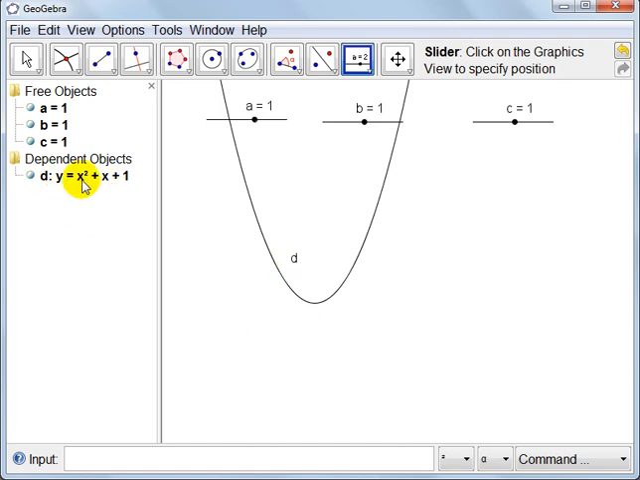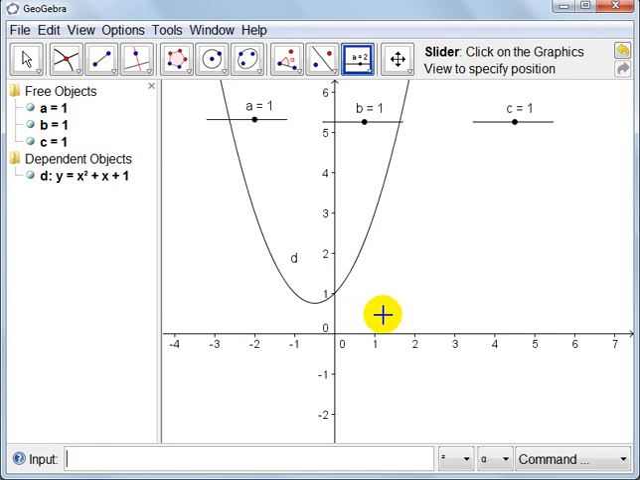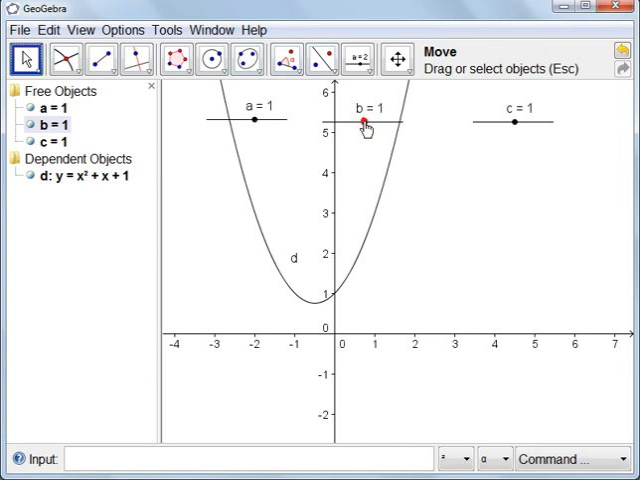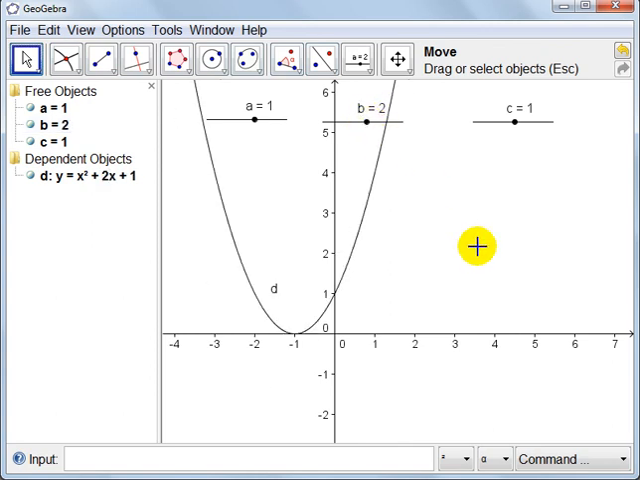D corresponds to the function that we have just drawn, and the coefficients here correspond to the sliders. If I put in the axes, then we are seeing something else. Let's leave A at 1, and if I change B to 2, we have x squared plus 2x plus 1, and we see what our curve